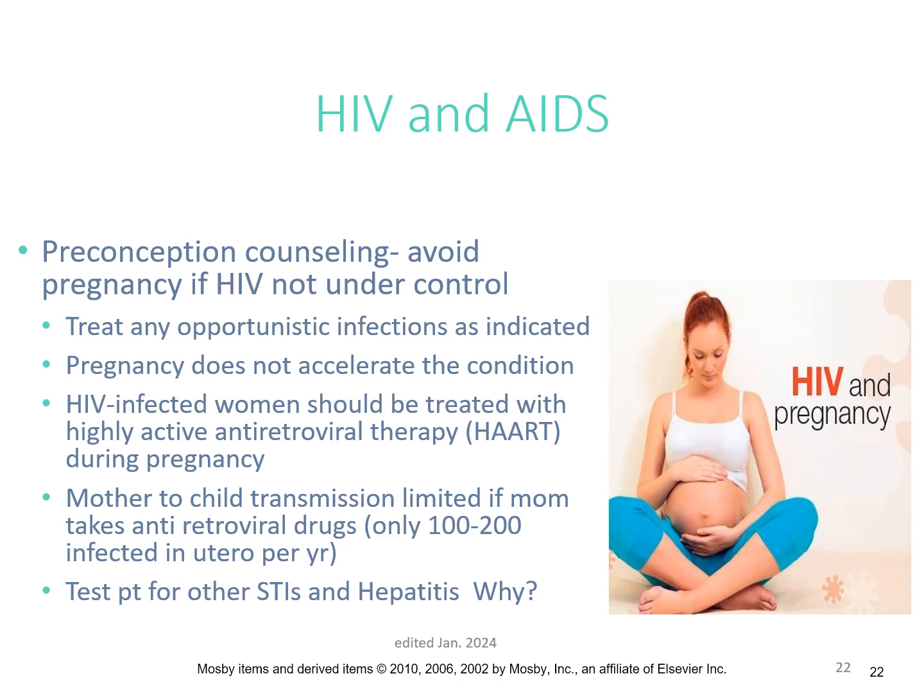Most of the time, our immune system protects us from weird, wacky viruses and infections that you just don't see. But with HIV, you see these weird, wacky viruses that nobody ever gets, except like birds. There's several viruses that only birds get. But if you're HIV positive, you can get those weird pneumonias and things that healthy people just don't get. HIV positive people do get it because of their suppressed immune system. So we want to treat any opportunistic infections as they develop. Pregnancy does not accelerate HIV or AIDS, does not make it worse.